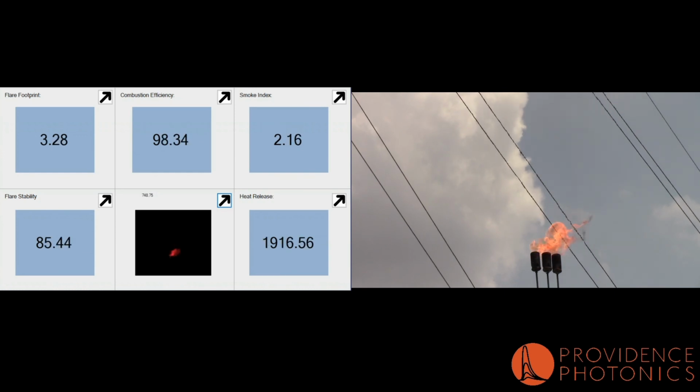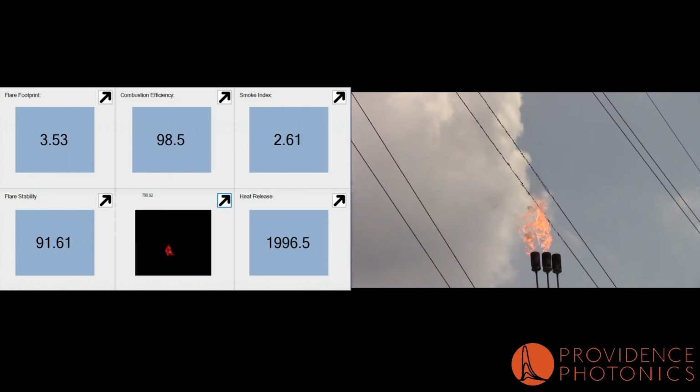So what's happening is the mixing is not very good at the flare tip. There's not enough oxygen, it's not fully combusted, and you see this in the VISR data immediately. You see the combustion efficiency dropping, the flame stability dropping, and our smoke index is going up. So now our smoke index is above 2, and if you look in the visible spectrum, you can see the wisps of smoke there. So what we're going to do now is add a little acetylene to this low flow,